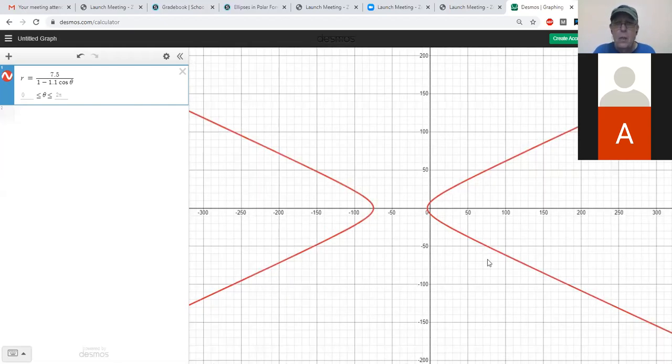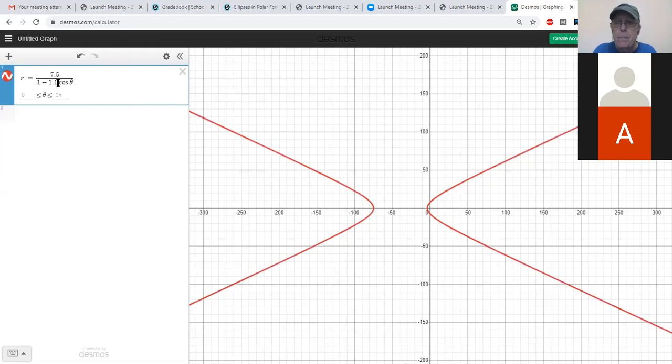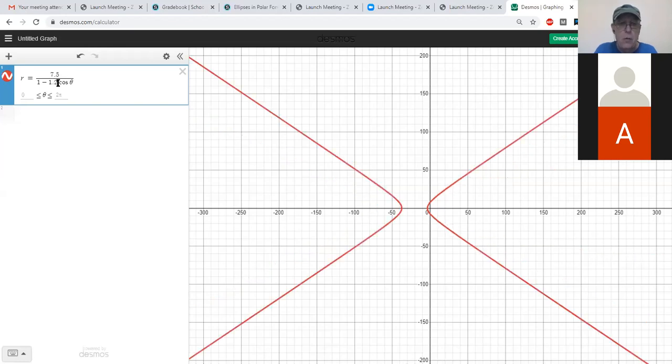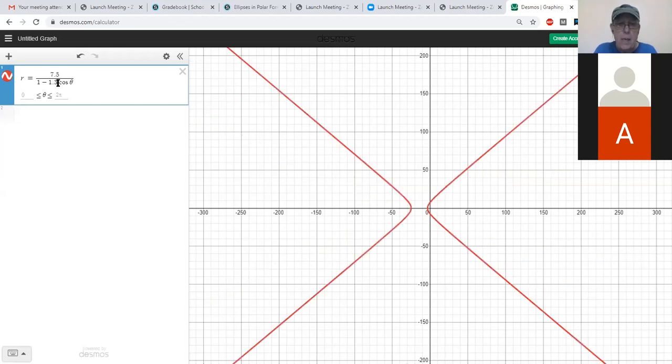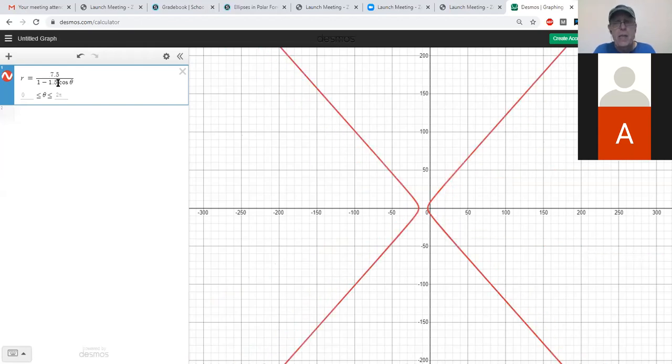Ooh, what just happened? Watch what happens when we go from 1.0 to 1.1. Ooh, now we get two things, right? Santiago, you see it? Yes, I'm seeing it. Okay, Aaron, are you seeing this? Yeah. Okay, and then if we change it to 1.2 or 1.3 or 1.4 or 1.5, interesting things are happening,